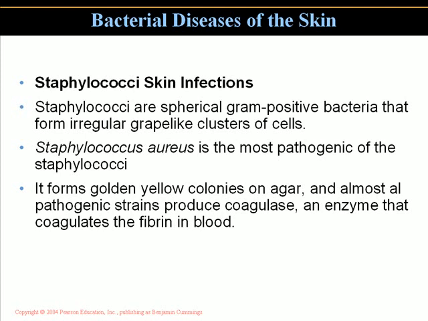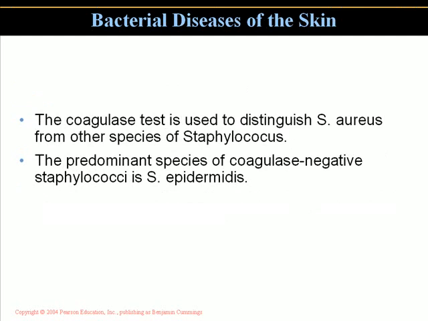This actually helps Staphylococcus to be more virulent. Coagulase test is used to distinguish Staph aureus, which is the pathogenic form of this organism, from other species of Staphylococcus. The predominant species of coagulase negative Staphylococcus is referred to as Staphylococcus epidermidis. Staphylococcus epidermidis rarely leads to any type of disease abnormality, whereas Staphylococcus aureus is almost always the pathogenic form of